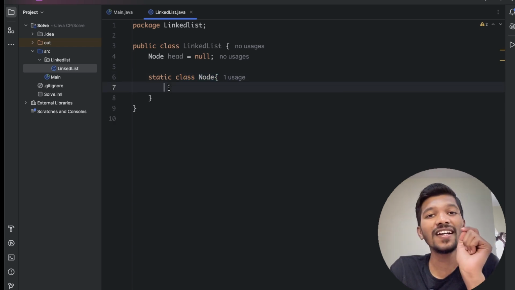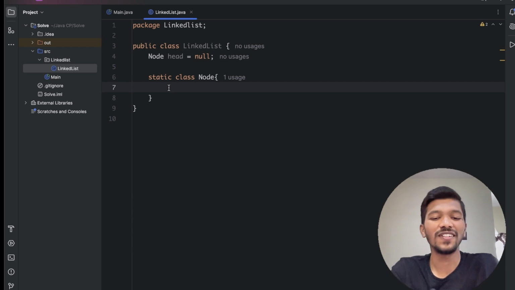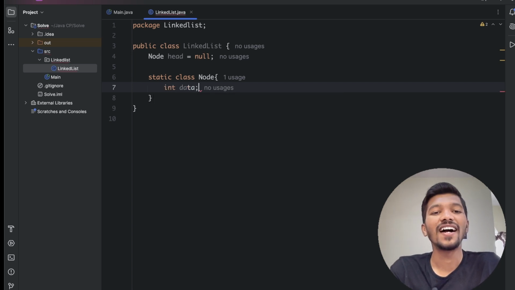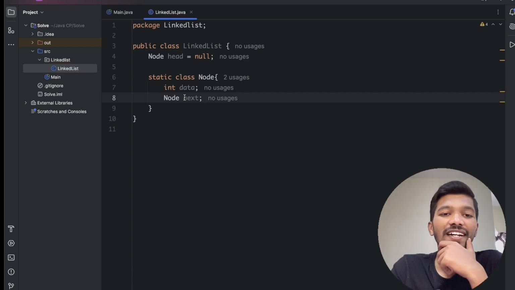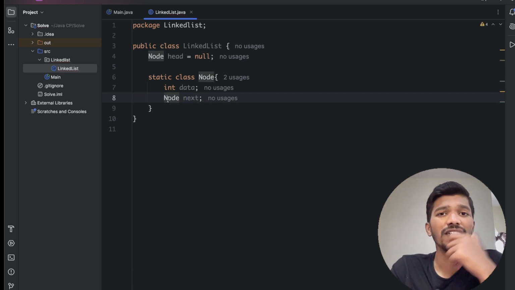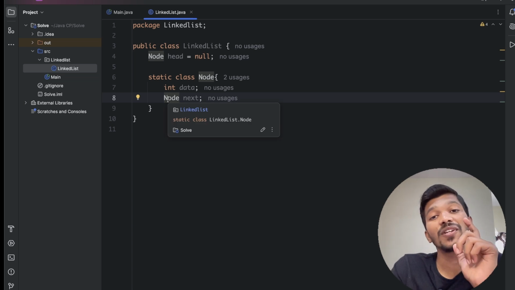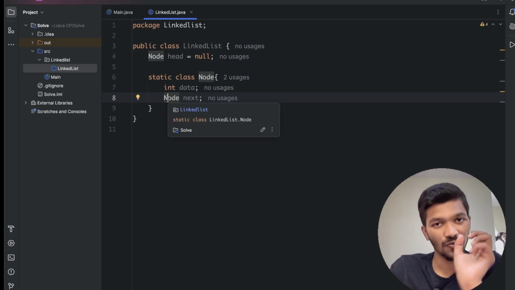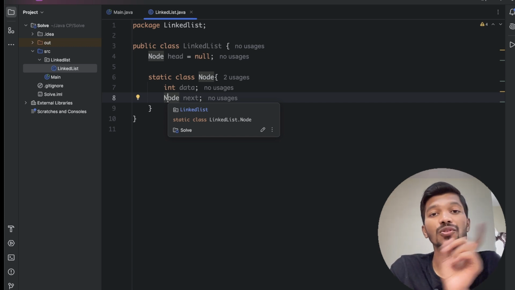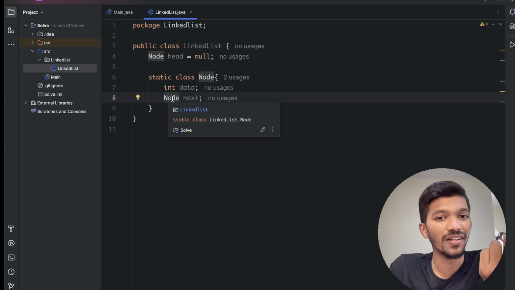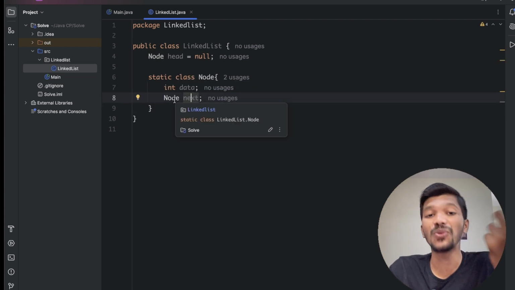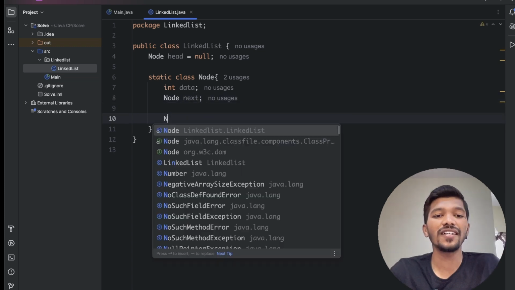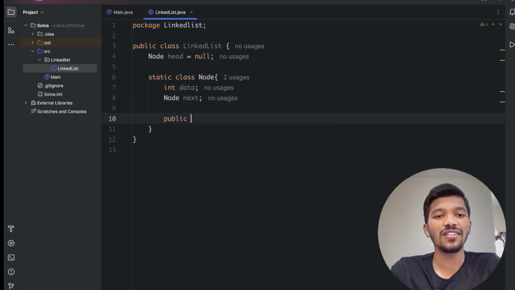Now as we discussed, every node contains 2 parts. The first part contains the data, and the second part contains the address. Now the point is, the data type of next is Node. The reason is that one node is storing the address of another node. It is not storing the address of the next data. It is storing the address of another node. Therefore, the data type of the address should be Node, because it is storing the address of the node itself. Right. Now I'm going to create a constructor,